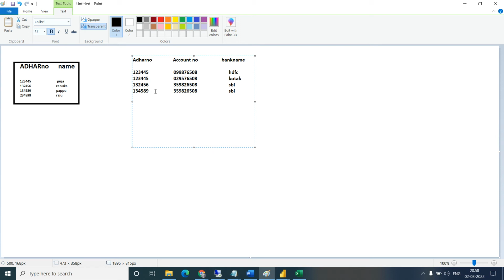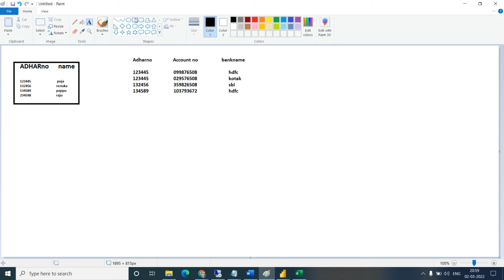This is another number, and this other number has a link with this account number. So let's do this. And this person also has an SBI and HDFC account. Okay, I think that's it.